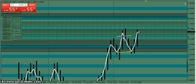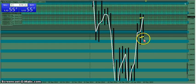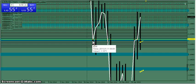Now we're looking for the longer term wave completion. If I go to the weekly, it just looks like a little flag here on the weekly. So when you change time frame like that, you can see how on the weekly that looks like just a little angle there, but that's a very critical point, because that's the point at which we flipped over and this became the new support